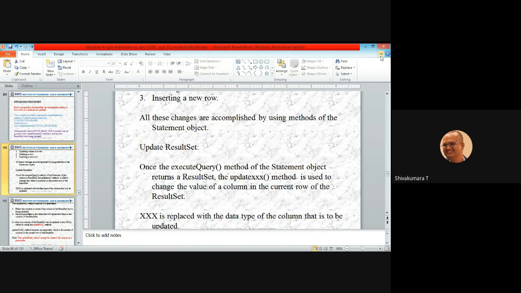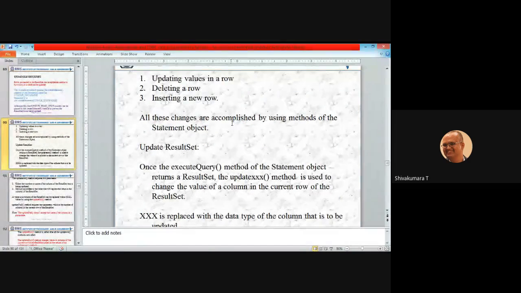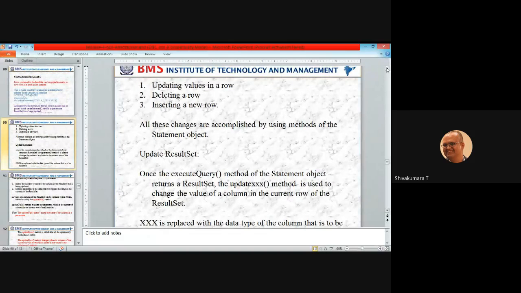Then, the updating scenario. What are the possible operations you can perform? Updating a value, deleting a row, inserting a new row. Each row represents a customer record or student record or employee record, depending on the application.